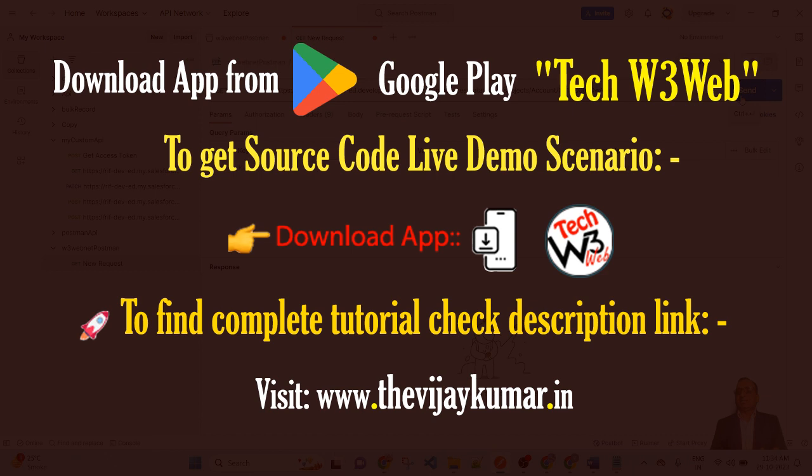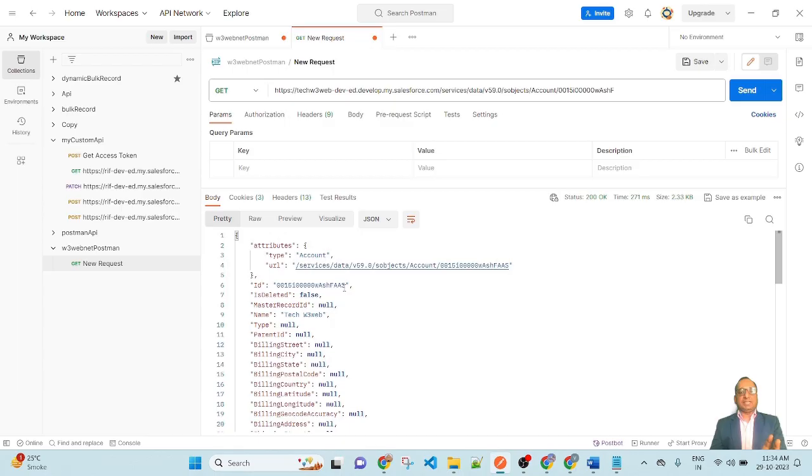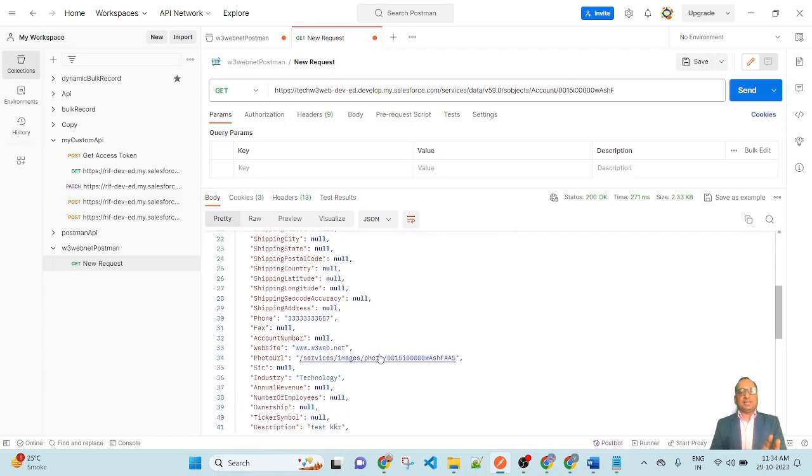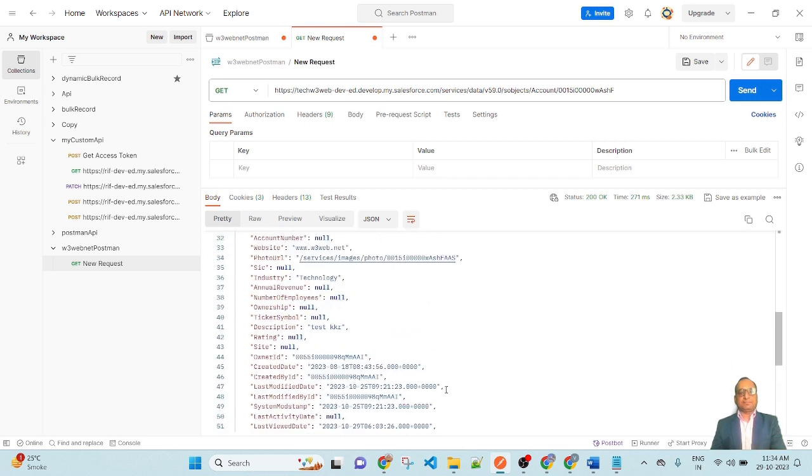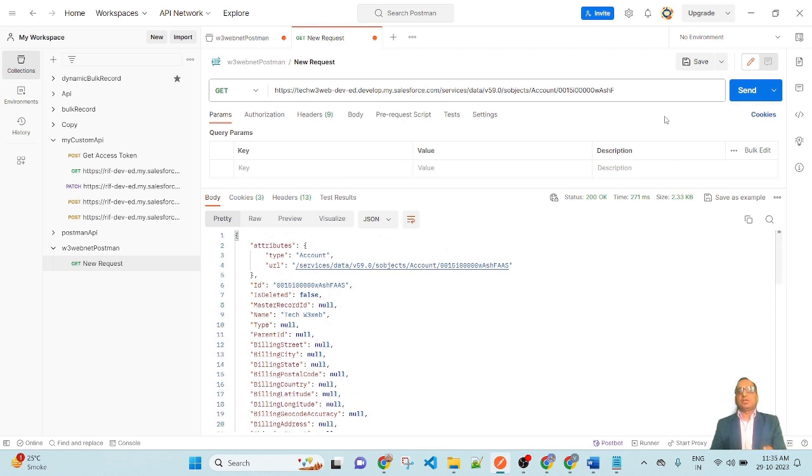Now there is a Send button. Whenever I click on the button, the response will be displayed here. So now let me click here. Here you will see one record retrieved successfully. All of the fields of account will be displayed here. So this is the account ID and all of the fields are null. Fields which have a value display the value, and fields which have none display null. So all of the field values are displayed here. So here I am fetching the account record based on this record ID through Postman.